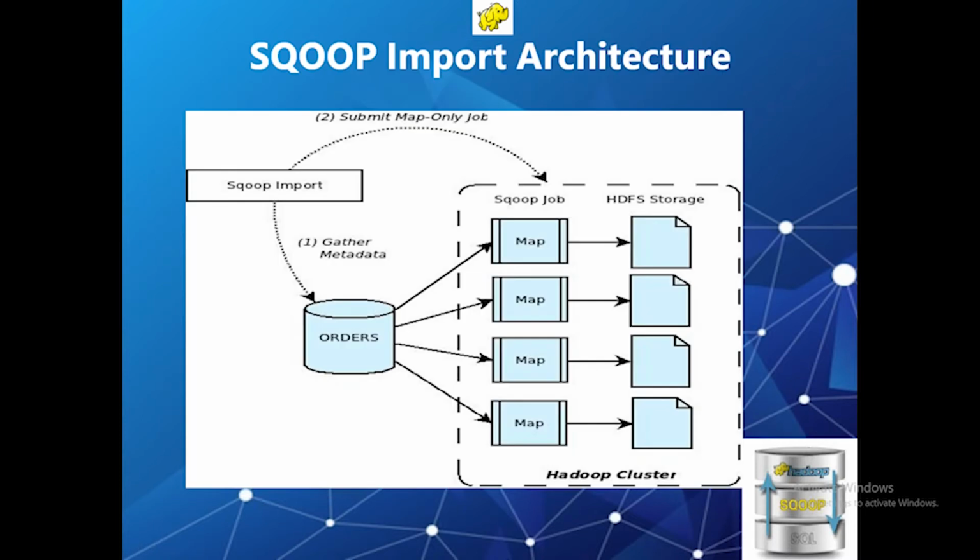Let us talk about Sqoop import architecture. In this process, import is done in two steps. In the first step, Sqoop examines the database to gather the necessary metadata for the data being imported. In the second step, Sqoop submits a map-only Hadoop job to the cluster. Please understand, it is this job that does the actual data transfer using the metadata captured in the previous step. The imported data is then saved in an HDFS directory named after the table being imported. A user can also specify an alternative directory where the files should be imported.